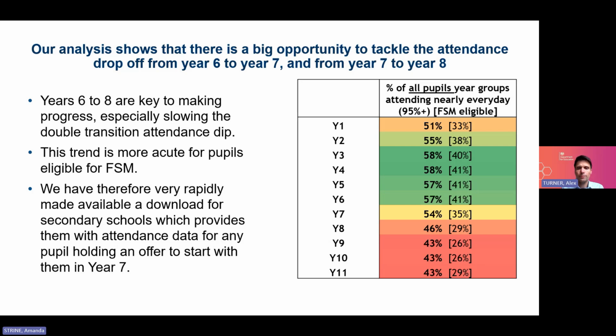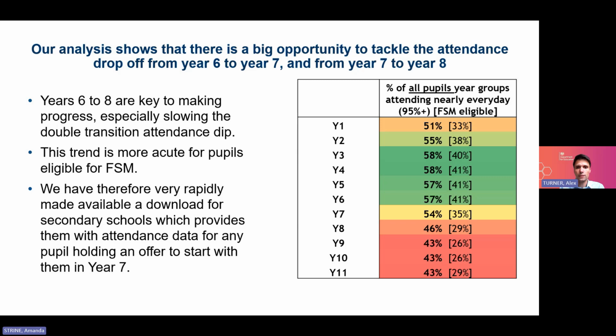What you can see is that the proportion of children attending almost every day builds through primary and remains pretty high all the way up to year 6. As a benchmark, and this links to what Tom's just said, these numbers are still lower than we saw pre-pandemic, when around 2/3 of children attended almost every day. But we can still see that year 3 to year 6 is where we see some of the strongest rates